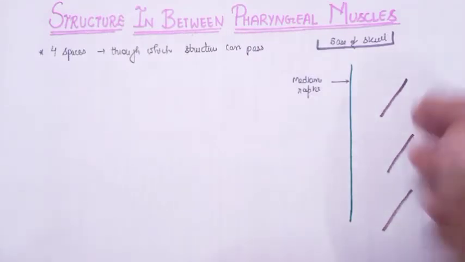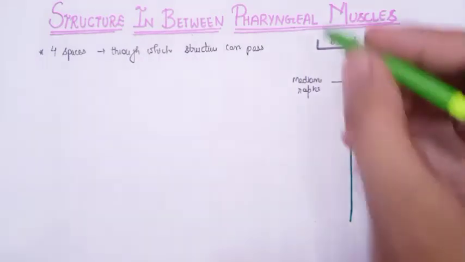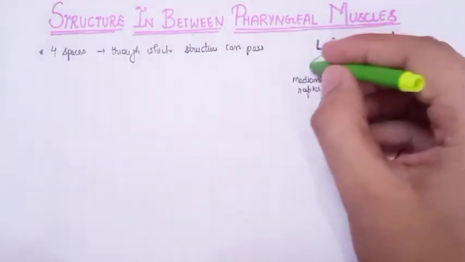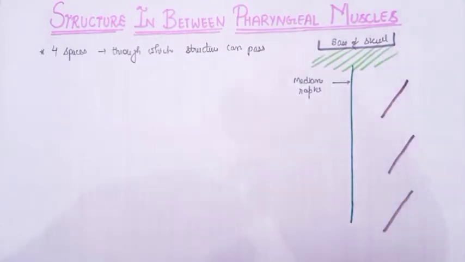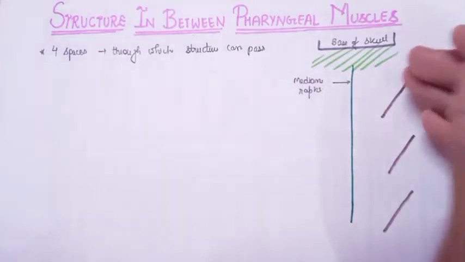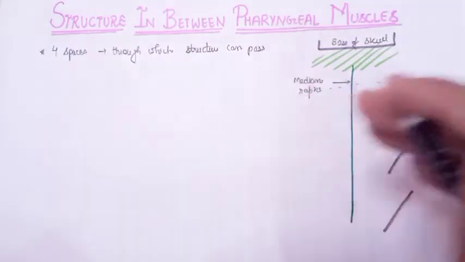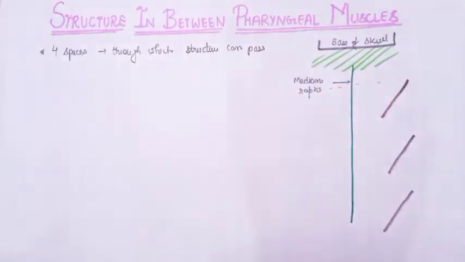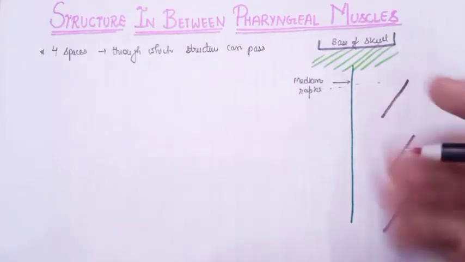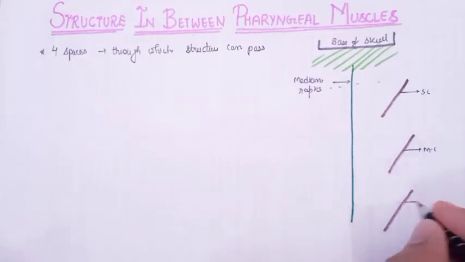As you know, the space between the superior constrictor and the base of the skull is filled by the pharyngobasilar fascia. So here we have the pharyngobasilar fascia, which thickens to form the semilunar shaped space. That is, the space between the upper border of the superior constrictor and the base of the skull is a semilunar shaped space and is filled by the thickened pharyngobasilar fascia. So this point we have already discussed. This is superior constrictor, this is middle constrictor and this is inferior constrictor.